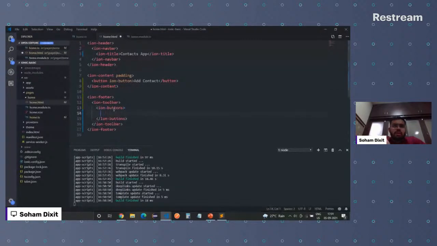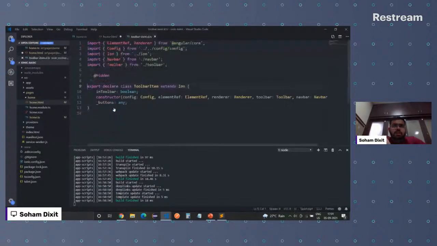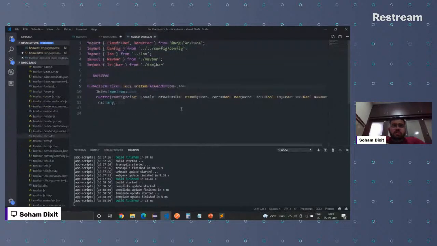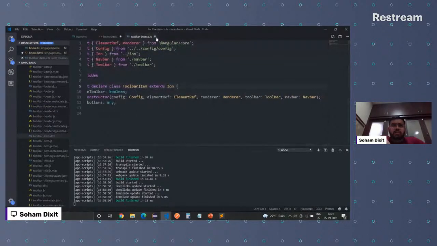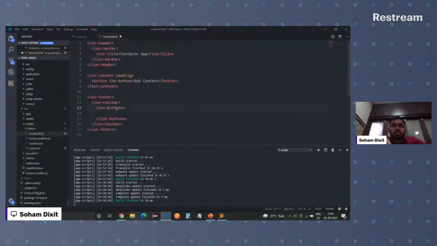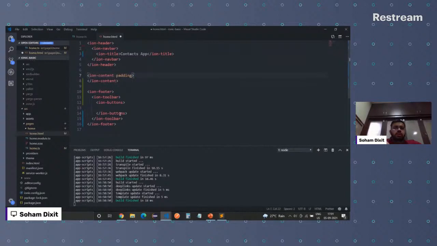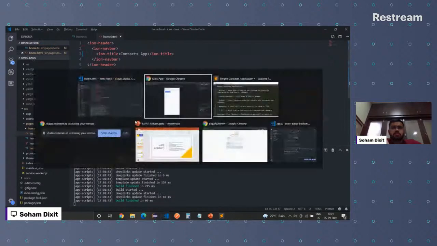Okay, so there is something called ion buttons. If you just decide to see what they consist of, they have their formatting which Ionic comes up with for this ion button tag, which you can actually use. And then this button which we have added over here, why not, let's try adding that button inside the sign button tab. Let's see what happens.